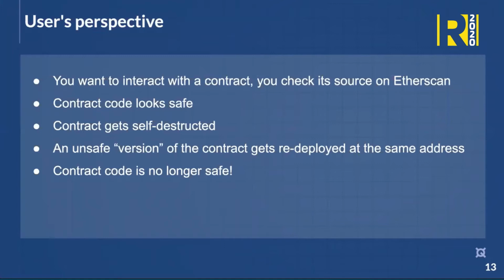it's not following the proxy pattern, right? And then it gets self-destructed, and then another unsafe version, a totally different bytecode, gets redeployed at the same address, and the contract code is no longer safe. So that's kind of the issue